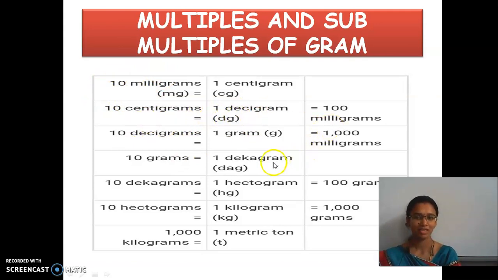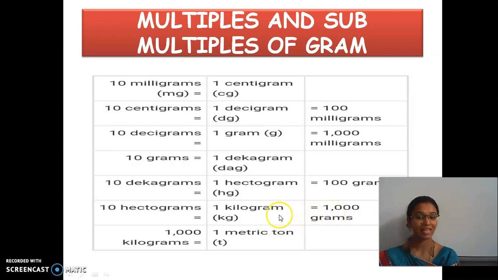That is, first we will go to kilograms. From the larger one to the smaller one will be coming. So 1000 kilogram is equal to 1 metric ton. Have you heard of 5 ton, 6 ton? So 1 ton is equal to 1000 kilograms, which means 2 ton is equal to 2000 kilograms. And then 1 kilogram is equal to 1000 grams.